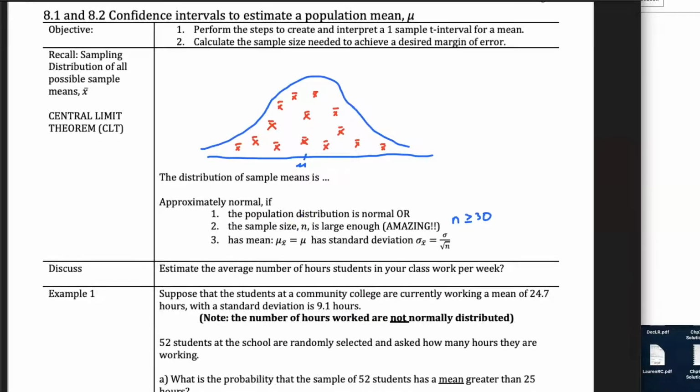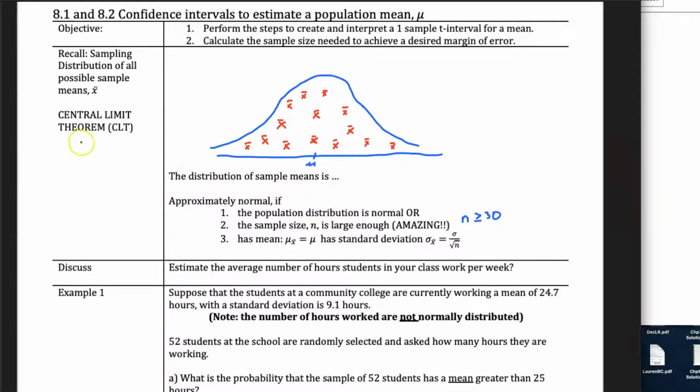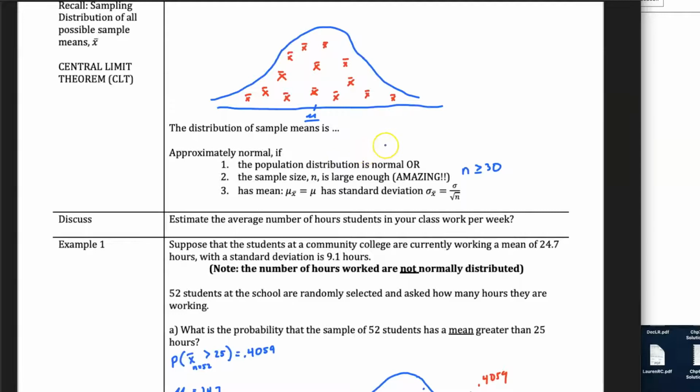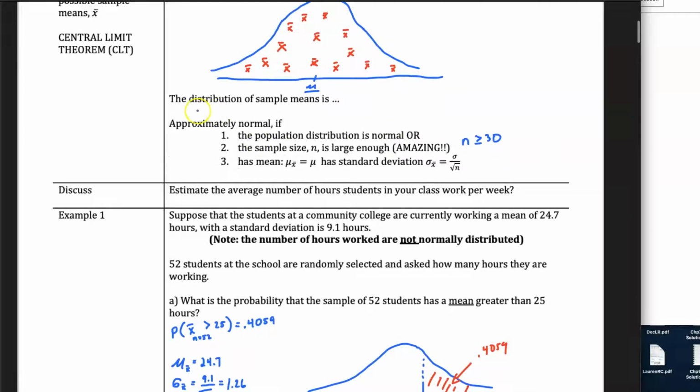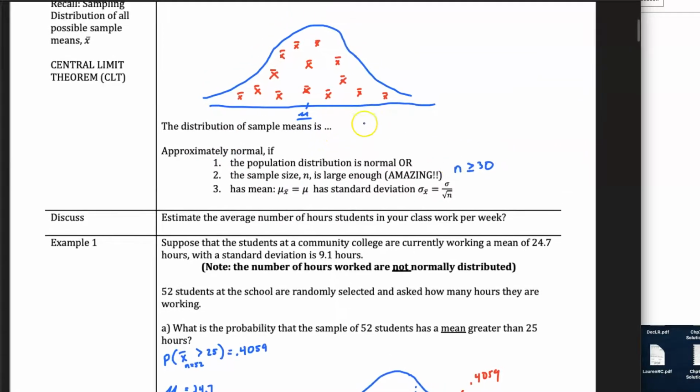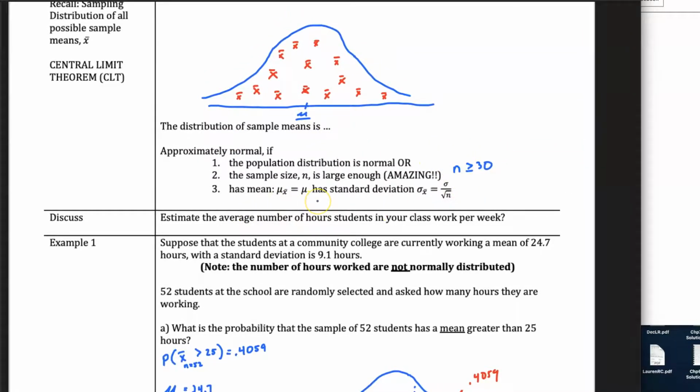To get us going, we have to go back to the central limit theorem and this idea of a sampling distribution for the population mean. When we take samples from a population, you will see again the distribution. If you take samples from the population, the sample means are going to be distributed in a normal distribution. Some will be very close to the actual mean, which is mu, and some are going to be a little further off, but most are going to be very close. That's the idea we talked about in the previous section. The distribution of sample means is normal under these conditions, and we did that in previous sections.